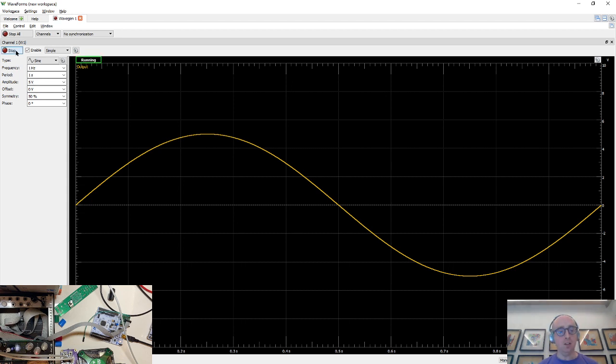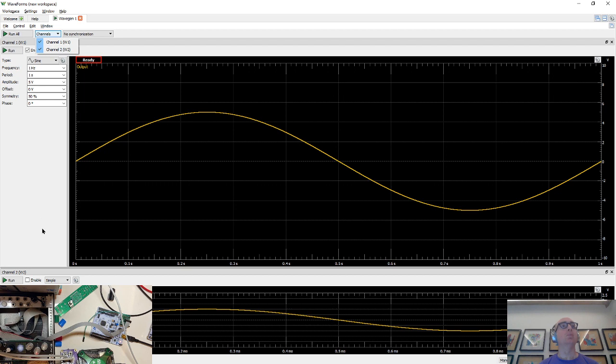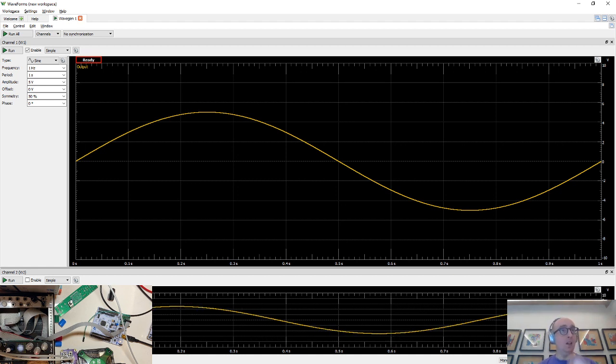Oh my God, look, it's waggling. Stop. Let's have another channel. Let's go for 1.3 hertz. This is the Analog Discovery 2, which can simultaneously do 2 channels of signal generation and